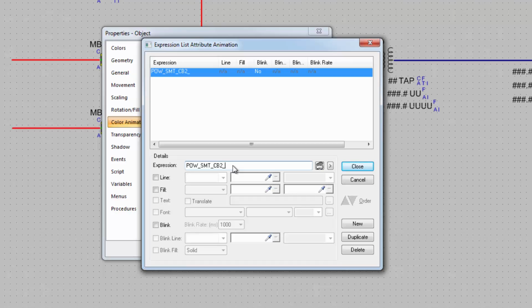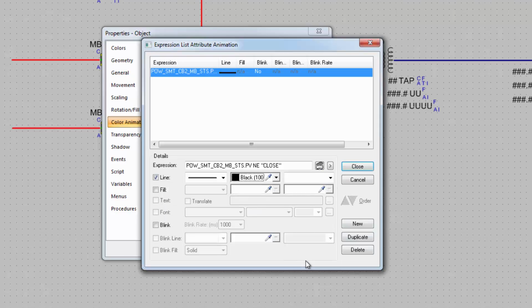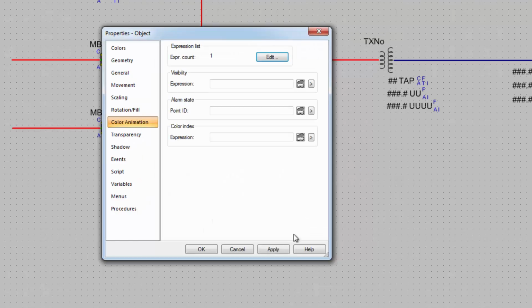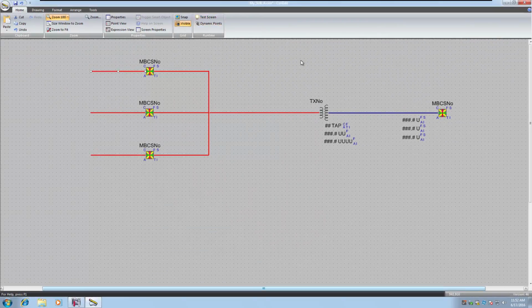CB2, the multi-bit status point value. So we're going to apply a does not equal close expression for this. So not equal close. We're going to animate the line and we're going to choose black for this animation. So we'll close that and apply and OK. So if we go through to the test screen,